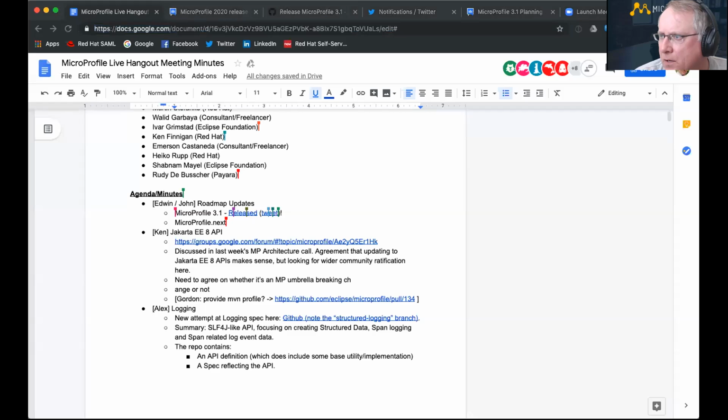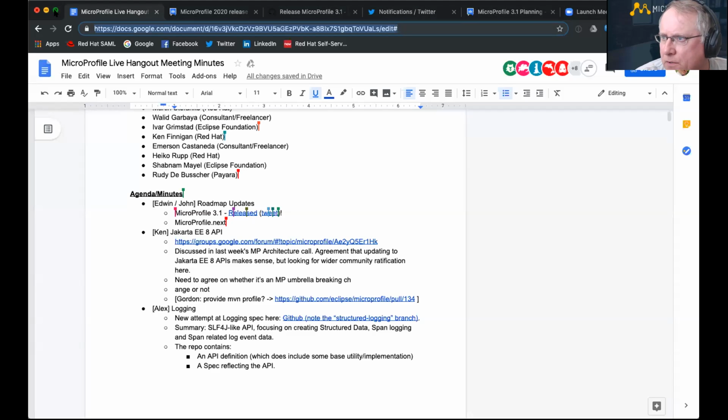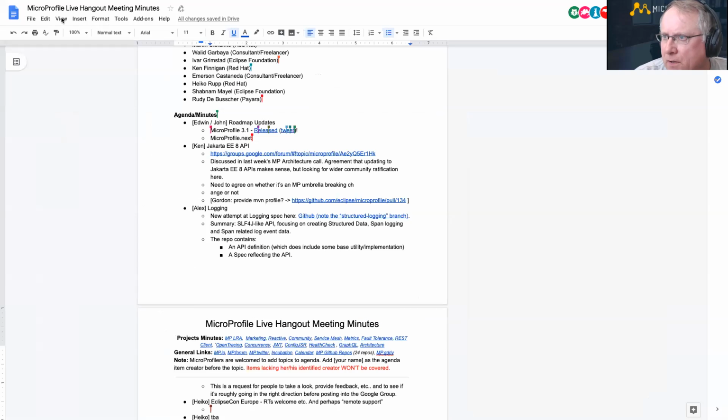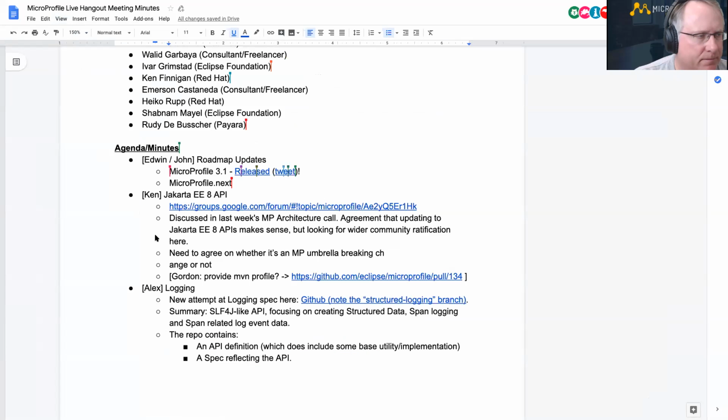Here we go, Google Chrome. Okay, let me maximize the window and increase the font or the view. There we go. How's that, everyone? Is it being shared? All right.